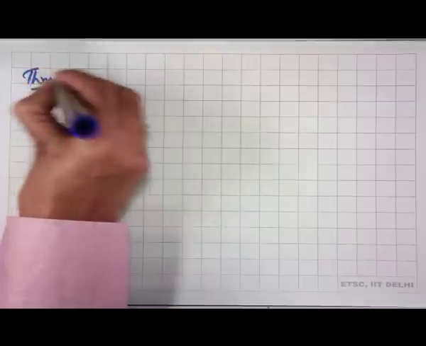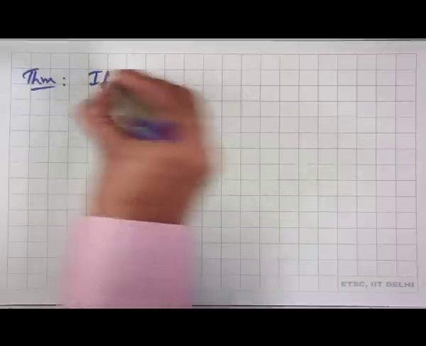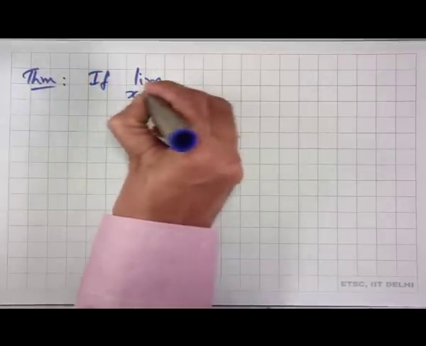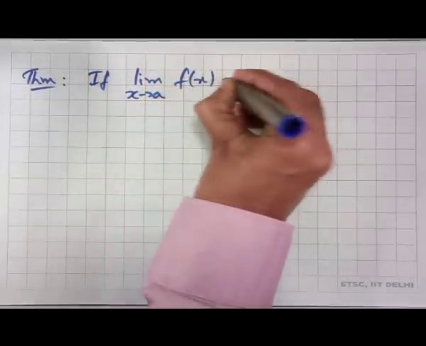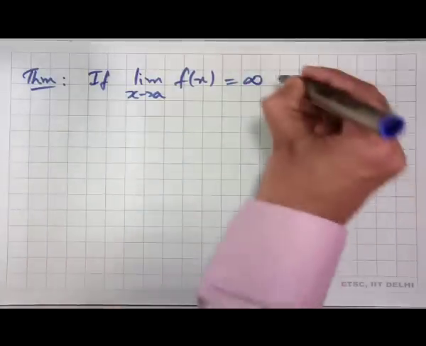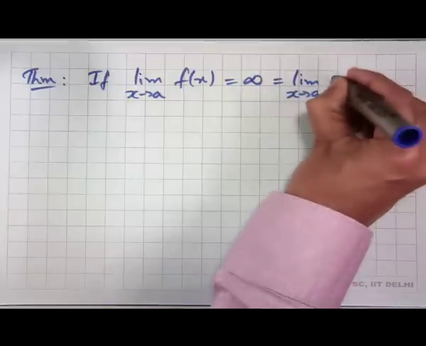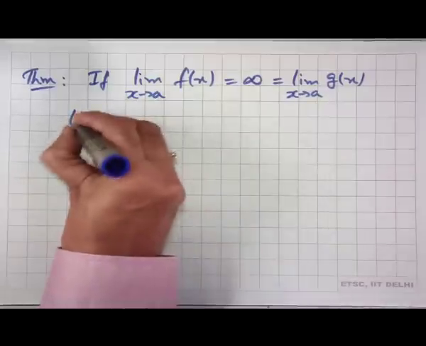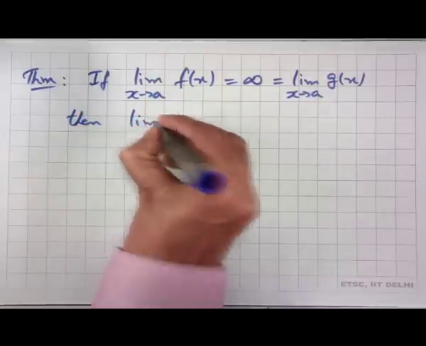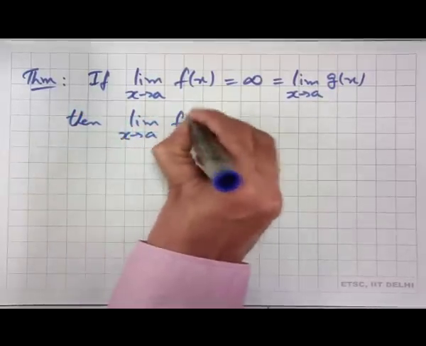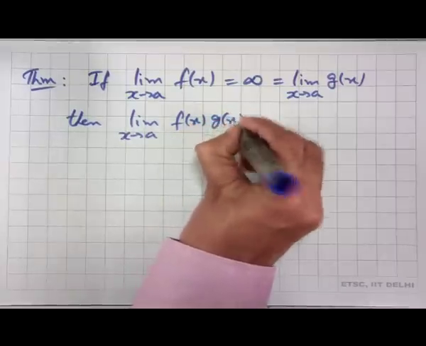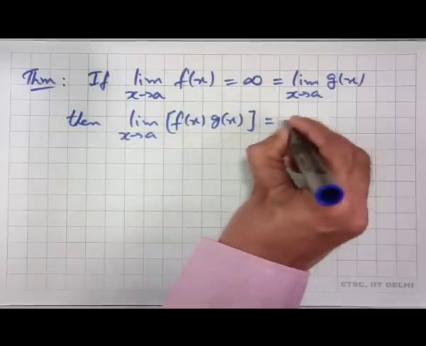Another thing is, if the limit of both f x and g x are infinite, then we can say what the limit of the product is. So, if limit of f of x is infinity and limit of g of x is also infinity, then limit of the product is infinity,